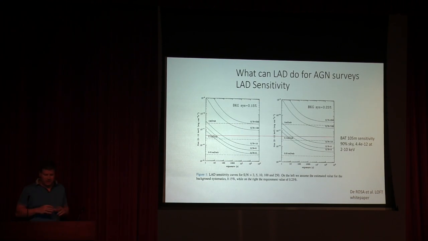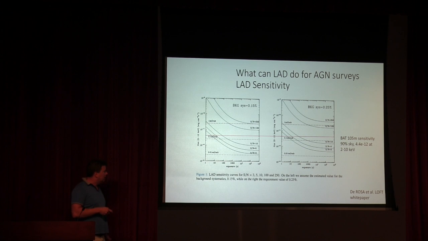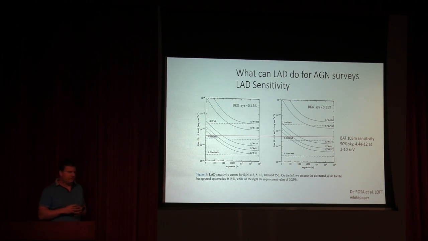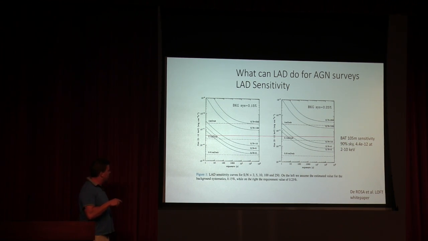So now I'm going to switch topics a bit and talk about LAD, and then come back to the wide field monitor. A lot of my work is done on the SWIFT-BAT survey, which is an all-sky survey. At 105 months, our paper hasn't been released yet, but this tells you where we are: if you convert to 2 to 10 keV sensitivity, we're about right here. So this is the LAD